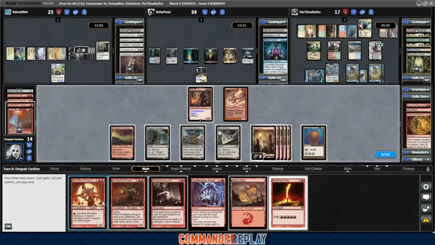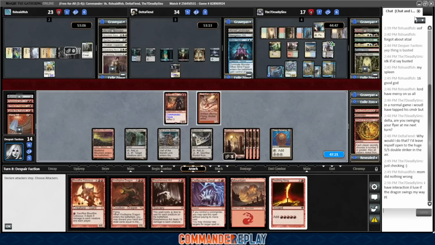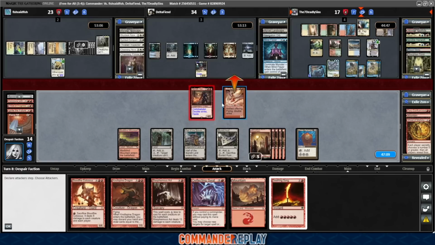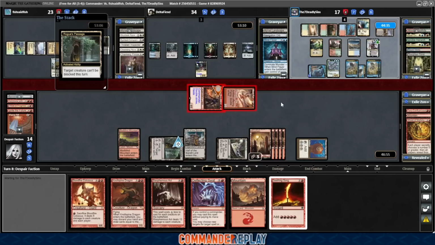Go to combat? Yeah, I mean, we can't blow this thing up. Yeah, go to combat, see what happens. 7 Deadly says they have interaction, which they'll use. Maybe we're counting on that. They didn't tap us, so I think we just send both into 7 Deadly and then make Neheb unblockable. That'd be lethal, right? I think that's...